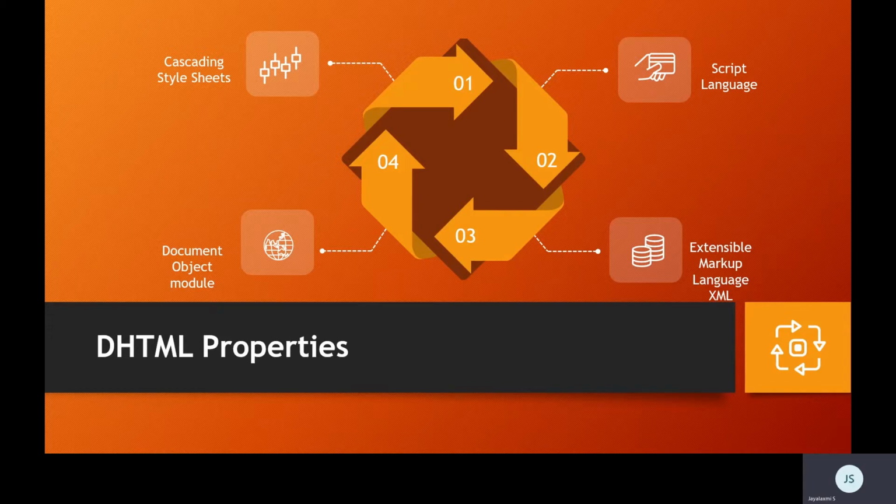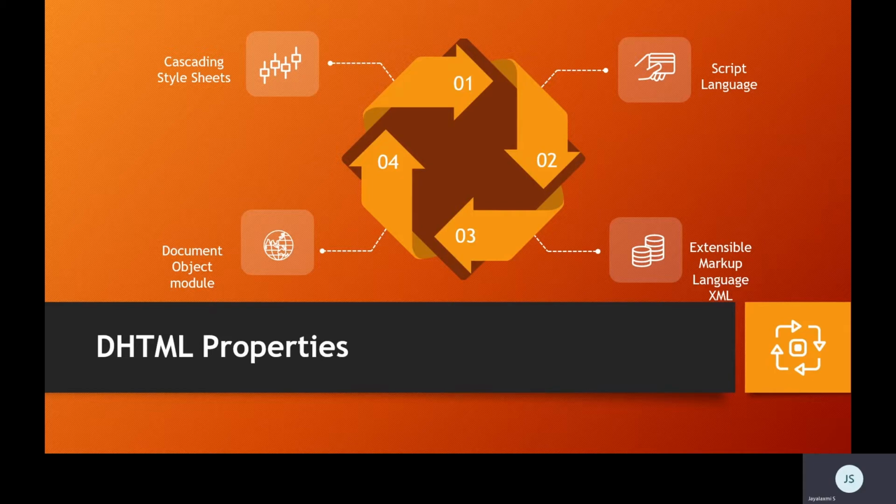Initially, we will use a cascading style sheet. Okay, a style sheet is to divide the text content and the styles separately, make a template and implement it to multiple pages. That is a style sheet actually. Then, to write some script application to post some set of operations or some condition, some looping statement, or create modularity with functions or implement some objects, these are things if I want to do, then I'll go for script application. If I want to connect it to the database application, then I go for the extensible markup language, that is XML. And to connect all these things together, I'll go for the document object model.